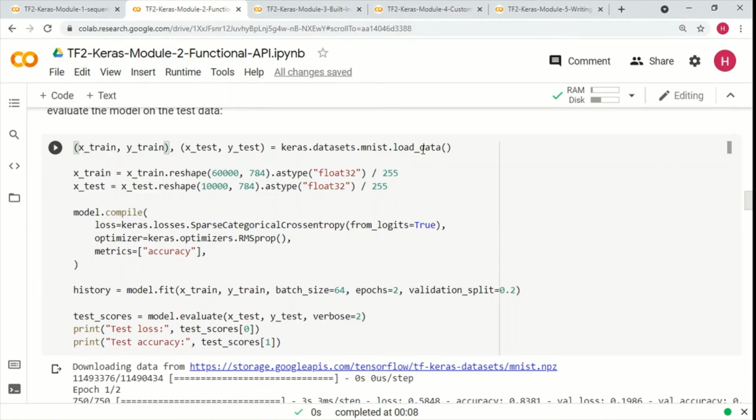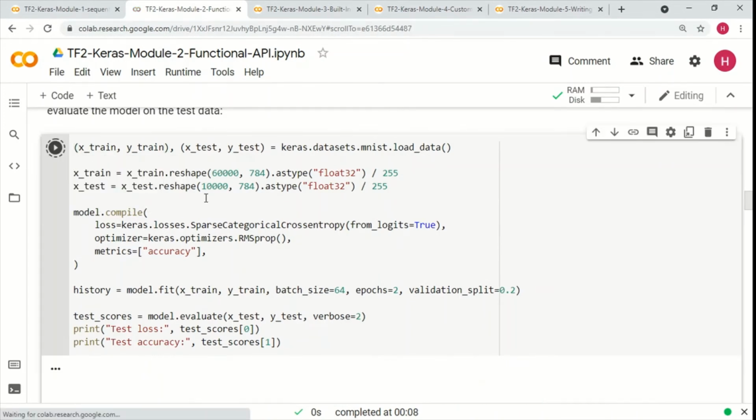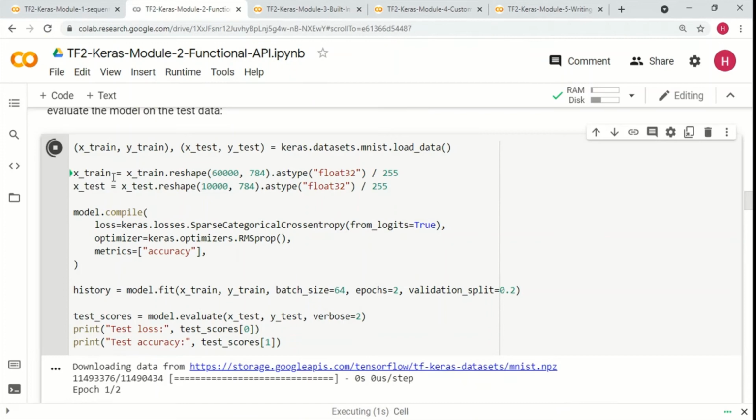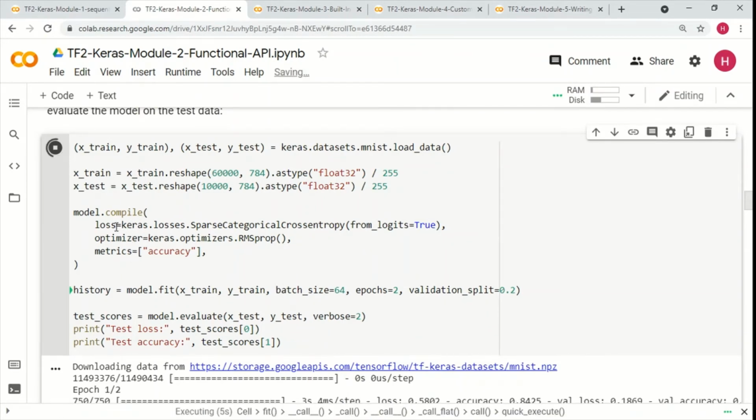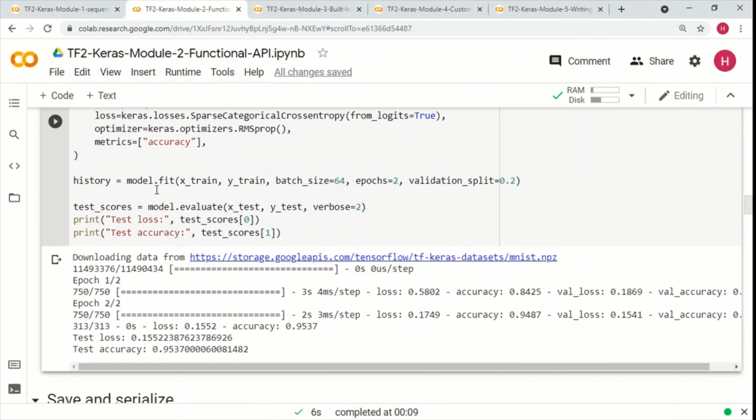So we are just loading this data set, splitting it into train and test here, compiling a model here by giving the loss, optimizer and the metrics, and then fitting the model and then we evaluate. That's pretty much it. Okay, so this looks pretty straightforward. So far it looks almost like a sequential model.